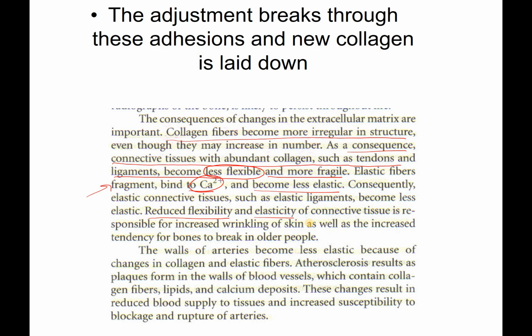One of the side effects can be an increase in wrinkling of skin, tendency for bones to break, muscles can tear, re-tear, your tendons, muscles, and ligaments can experience the sprain strains. Walls of arteries can become less elastic, leading to turbulent flow and other blood vessel disorders. That's something we really hit hard in ANP2 when we look at blood vessels and what happens when the tunica intima, which is the inside lining of the blood vessel, starts to tear, and where plaque formation comes from and all that.